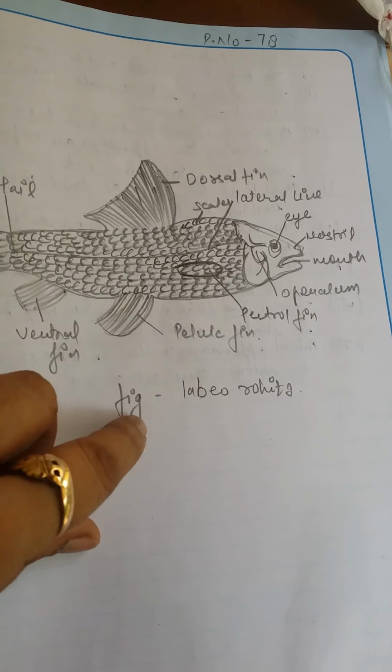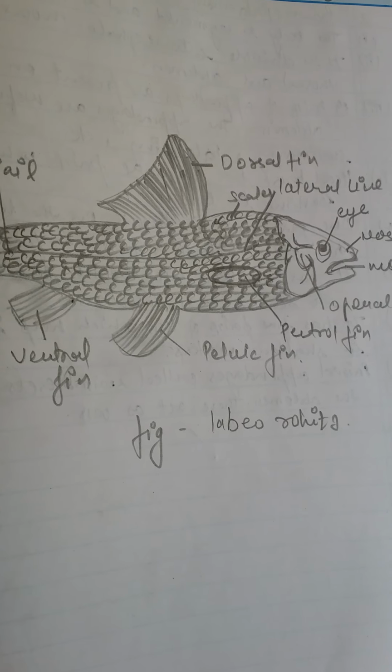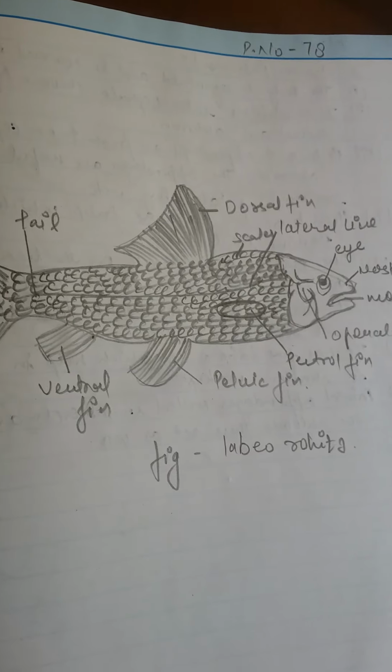Since the air bladder is absent in bony fishes, they are present in the deep seas or the depth of the ocean. The eyes have a well developed nictitating membrane. This helps to prevent the entry of water into the eyes. For respiration, they respire with the help of gills, which are richly supplied with blood capillaries.